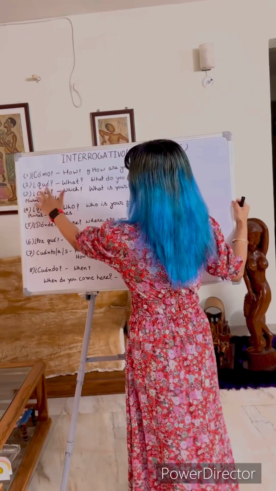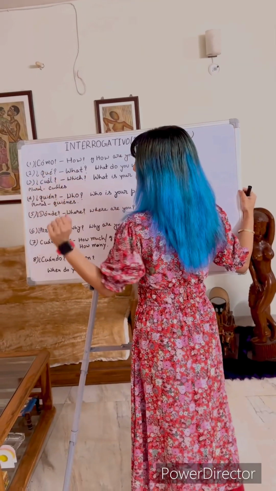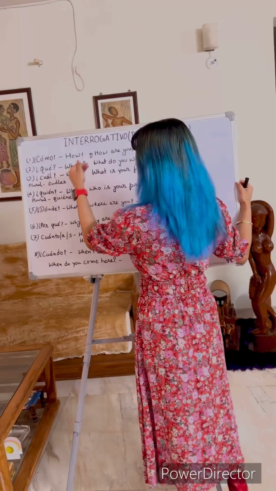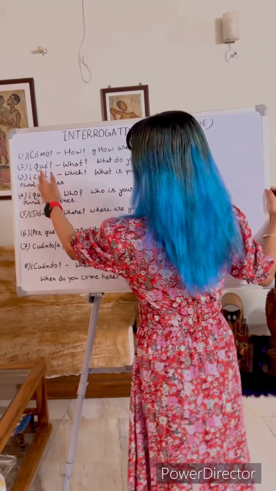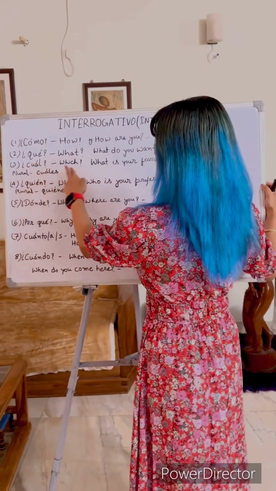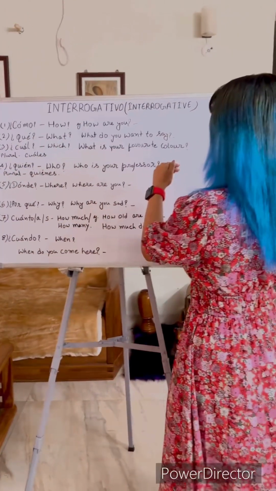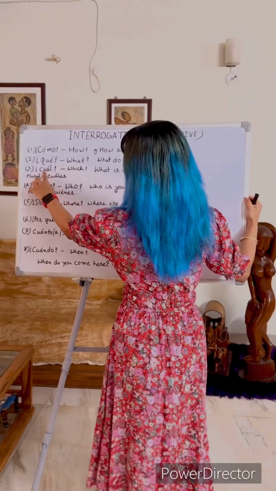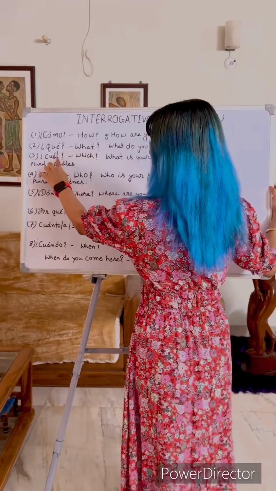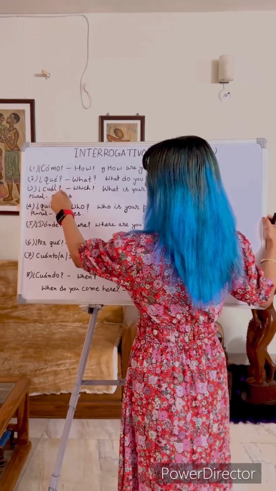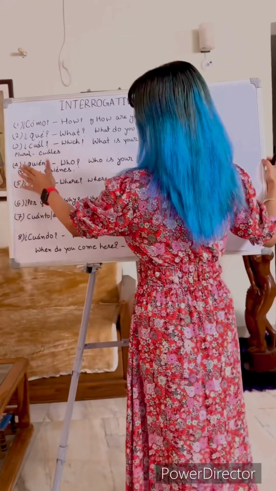Then the second word is qué, Q-U-E, with an accent on the E. Qué means what, and if we omit the accent, then without the accent it will become that. Then cuál, C-U-A-L, cuál with an accent on the A. So cuál means which, and if the noun is plural, then you will have to convert it to plural. And how are you going to do that? It is ending with L, so if it's ending in a consonant, then you are supposed to add es to make it plural. So the plural would be cuáles.